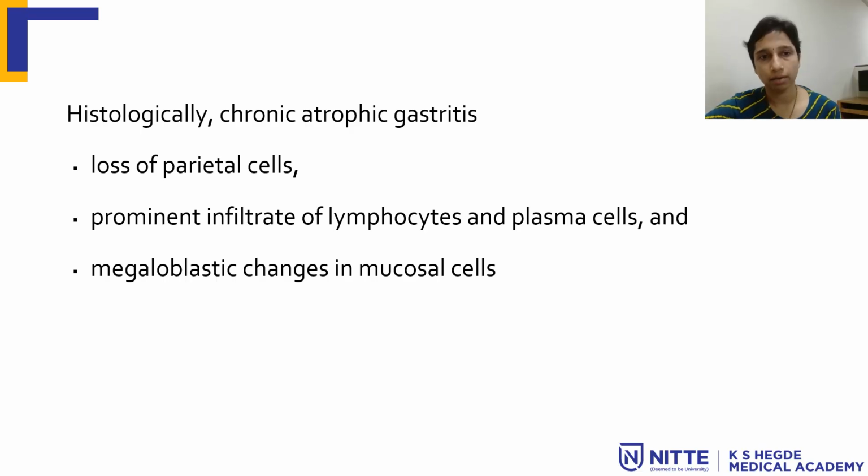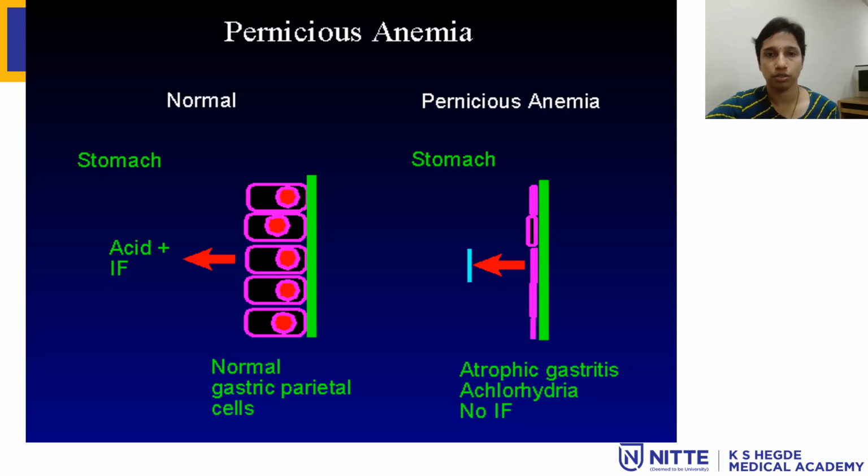So when you examine the gastric biopsy, there will be loss of parietal cells because they are getting destroyed, and there is prominent infiltrates of lymphocytes and plasma cells, and mucosal cells in the stomach also show megaloblastic changes because of lack of DNA maturation. So in pernicious anemia, there is atrophy of the gastric mucosa leading to decrease or absence of intrinsic factor,